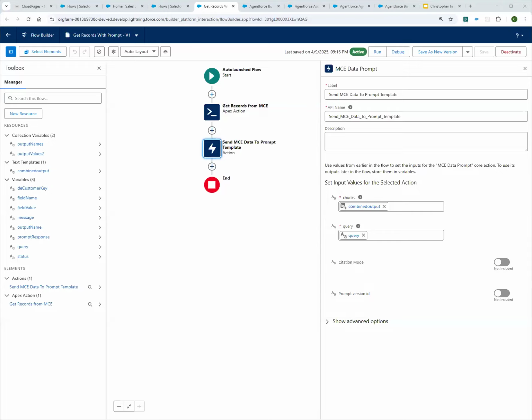I do see some conversations happening between attendees about ChatGPT. How well is it with Apex code? I don't know if you want to weigh in on that. Sorry, can you say that one more time? Just ChatGPT. There's been some conversations on how well it does with Apex code.